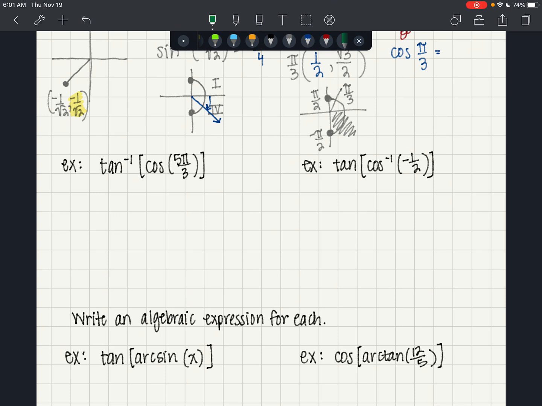Okay, inverse tangent, we've got 2 more quick ones to do. Inverse tangent of cosine of 5 pi over 3. Try and do these 2 on your own and then come back and check your answer with me. Okay, here I got the cosine of 5 pi over 3 is positive 1/2. And the inverse tangent of 1/2